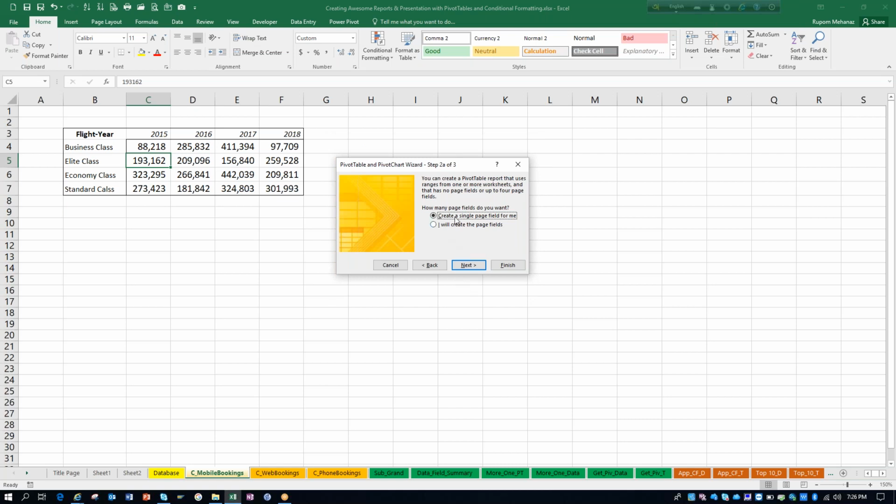it again asks how many page fields do you want. So create a single page field for me. This is the basic option that pivot table has, but I prefer to create